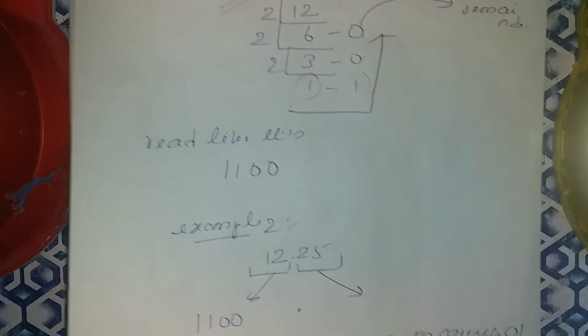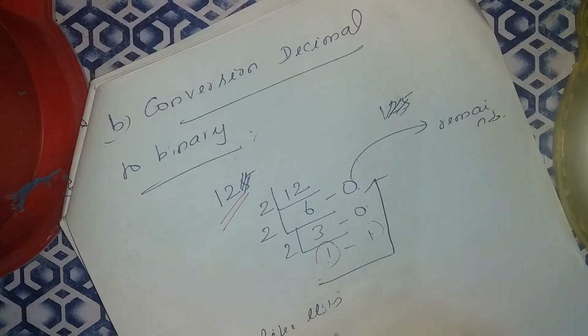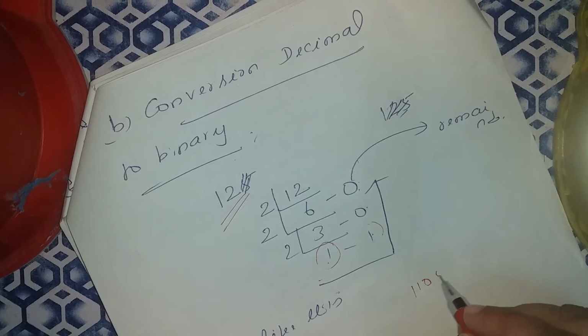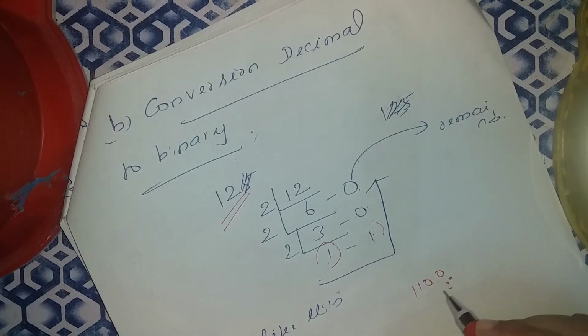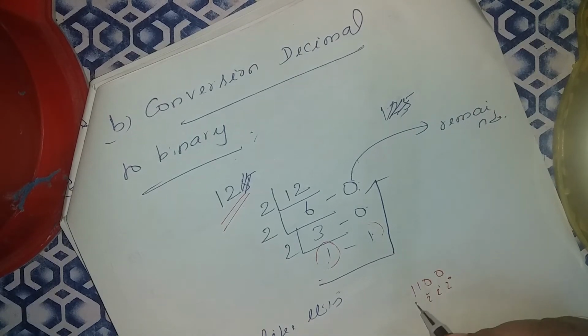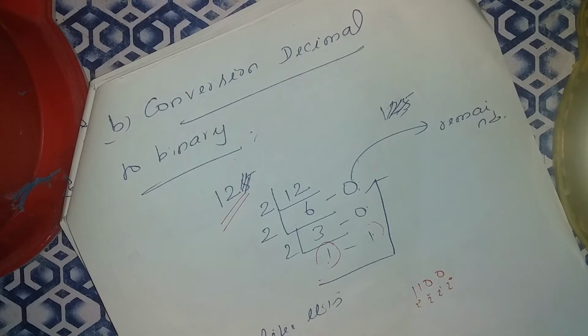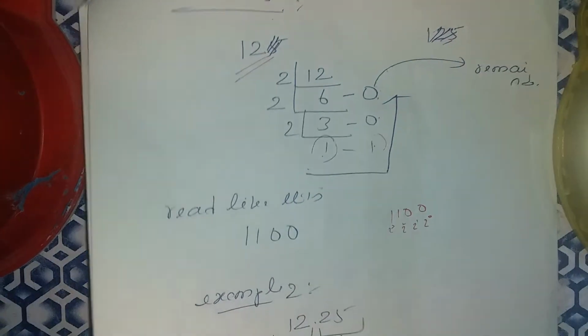If you have any doubt, how to convert 1, 1, 0, 0 back? I will write 2 power 0, 2 power 1, 2 power 2, 2 power 3. 8 plus 4 is 12. The 12 has come. Okay. So now